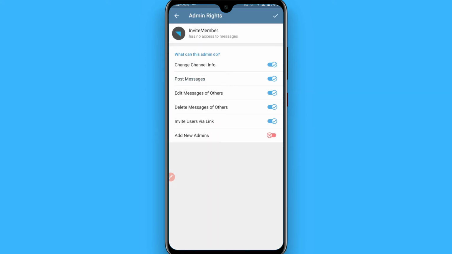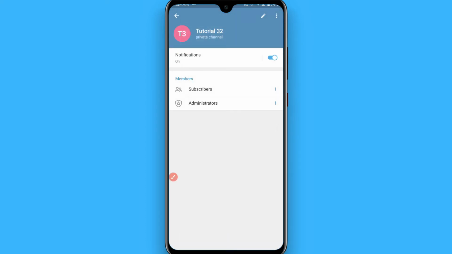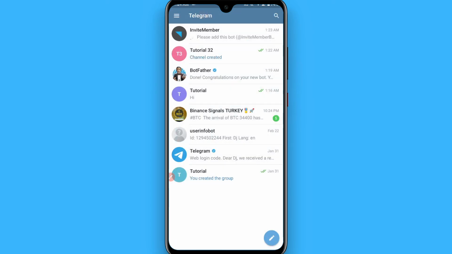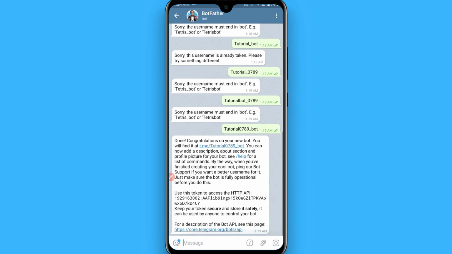Now you will see different options. Untick all of these. You just have to tick this one, and after that click on the tick sign.